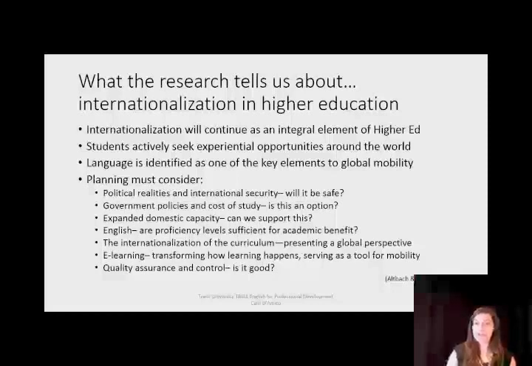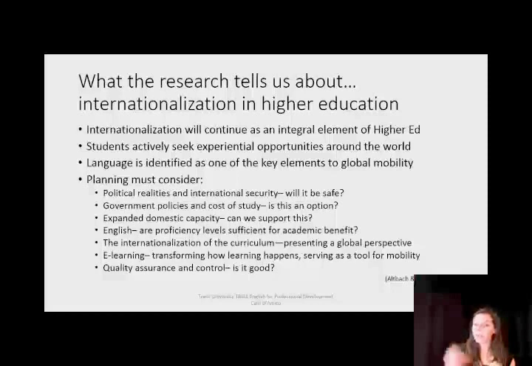Another consideration when planning on internationalization in a post-secondary institution is the idea of internationalizing the curriculum, being able to encompass a global perspective and to also be able to respond to the global perspectives that are now existing in the classroom. So having that sense, that context, and being able to elaborate on those things and provide learning opportunities around them.